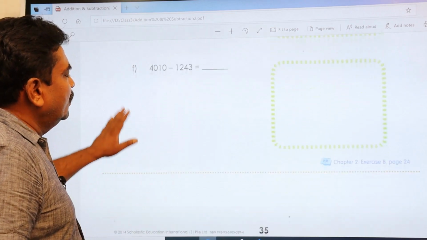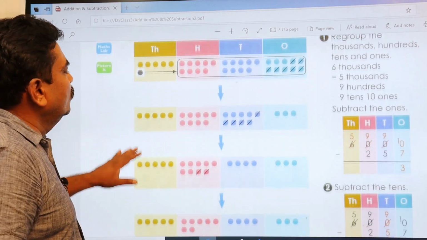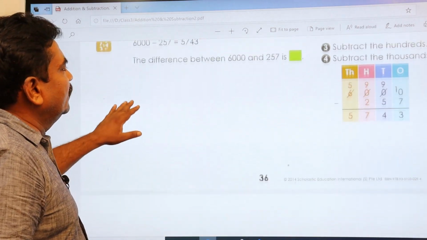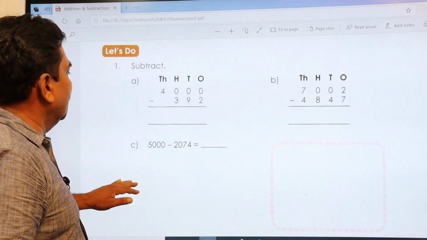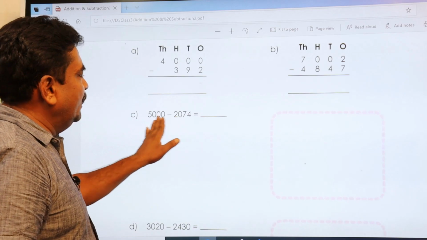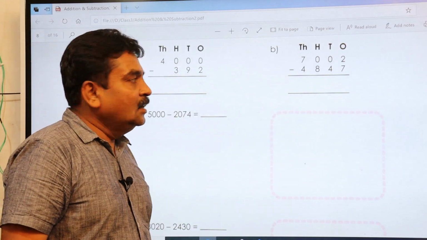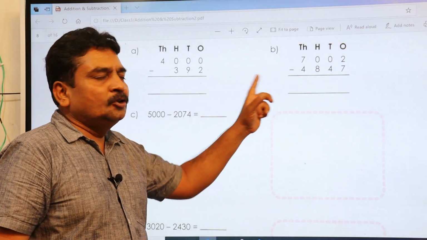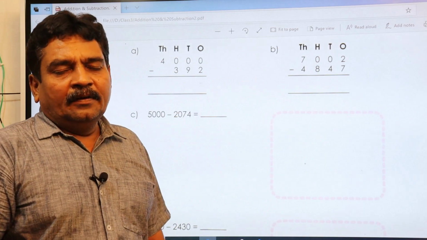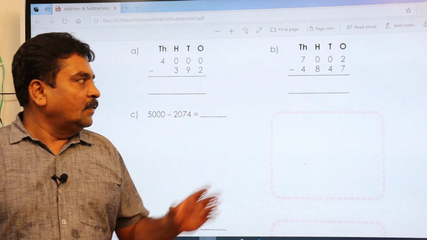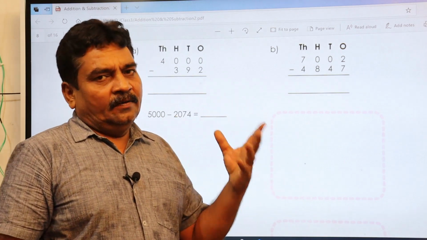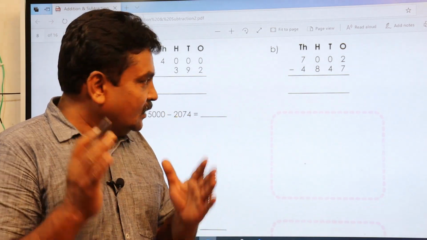Very simple. Okay, we'll do even this one, regrouping the values. Let's see. All this you can do very easily. I'll just explain. Shall I explain this in the box? For every problem, you have to draw in a table form when you do homework. Even in the classwork also. For addition, subtraction, whatever it is, you do it in a tabular form.